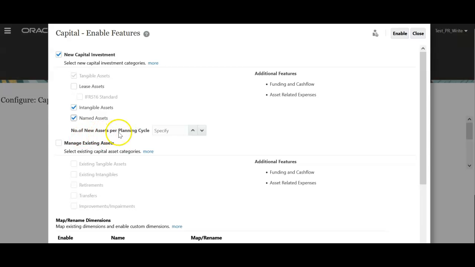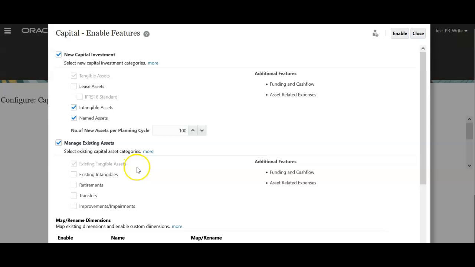And number of new assets per planning cycle. We can specify a value, like 100 assets will be added or 1000 assets. We can increase this number of new assets at any point of time. Even after enabling the capital module, we can come back to this screen and increase the number of new assets per planning cycle. Manage existing assets.